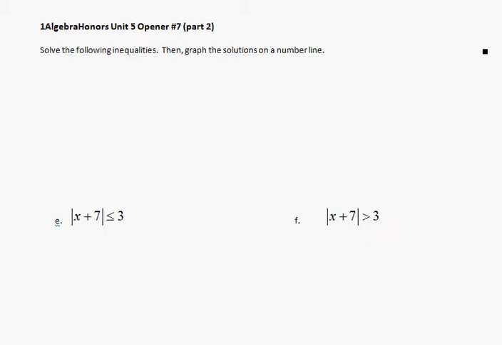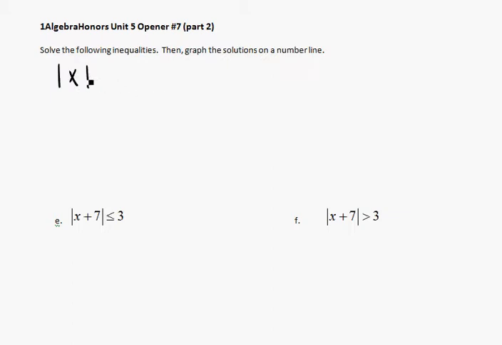Solve the following inequalities, then graph the solutions on a number line. If we take a look at problems E and F, we see the absolute value of x plus 7 is less than or equal to 3, and over here, the absolute value of x plus 7 is greater than 3. Now, before we try to solve these two absolute value inequalities, let's just recall how we might solve something a